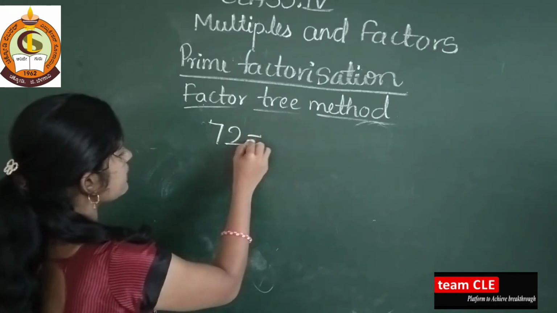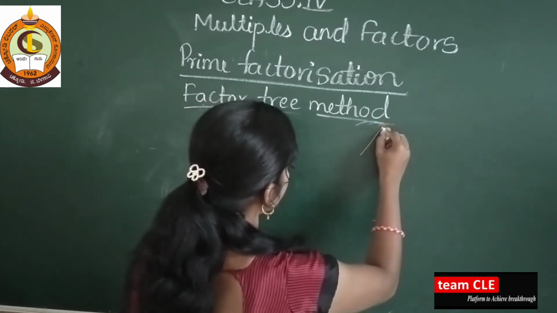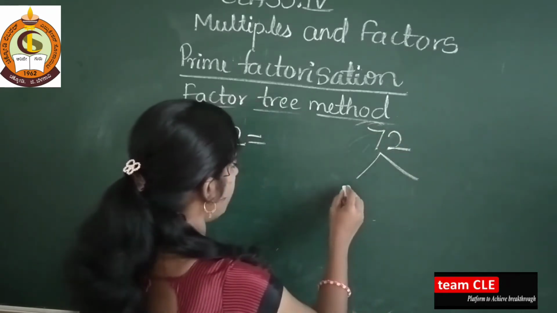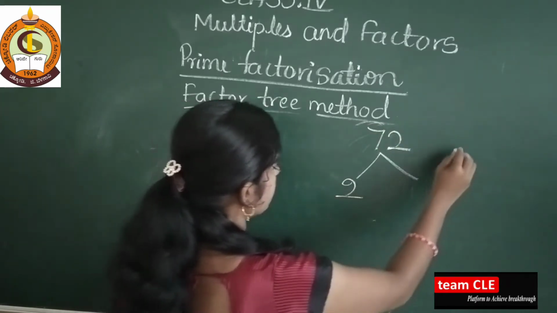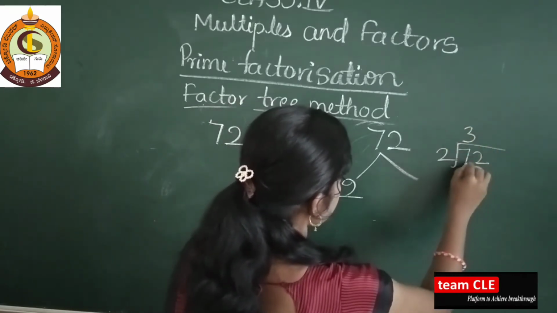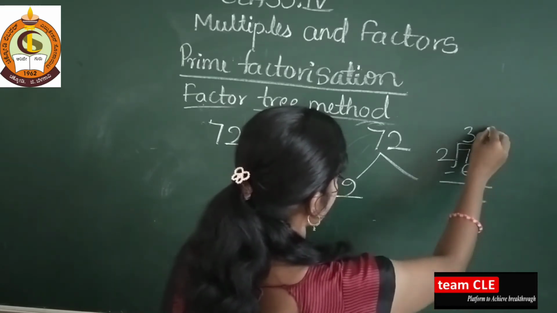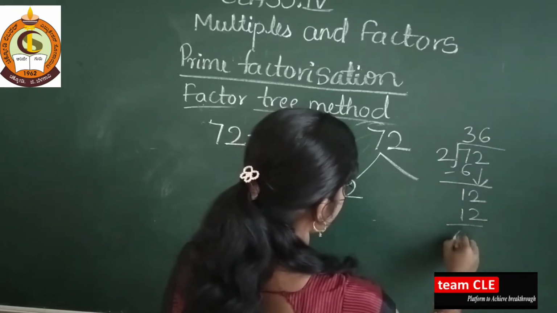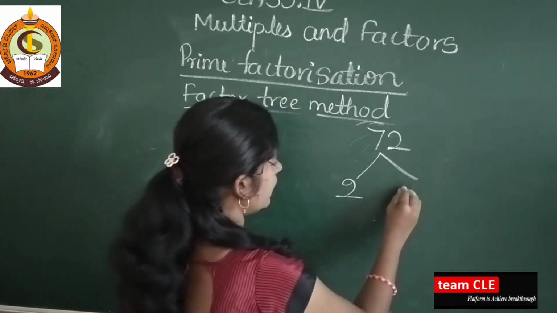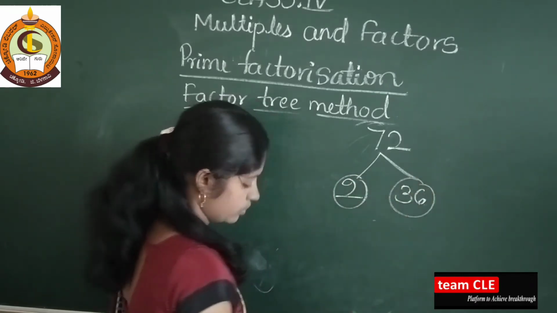Then tell me, 72 is there in which table? Yes, it is there in 2 ones table. So 2 how much are? See here, divide this 72. I will get here 2 3s are 6. 7 minus 6 is 1. Again you take here 2. 2 6s are 12. 2 36s are how much will come here? 2 36s are 72. Okay.